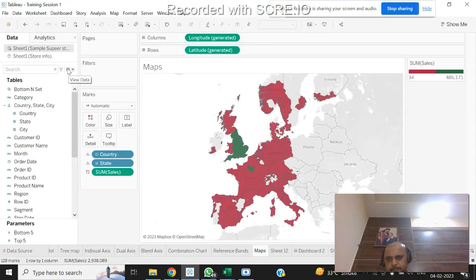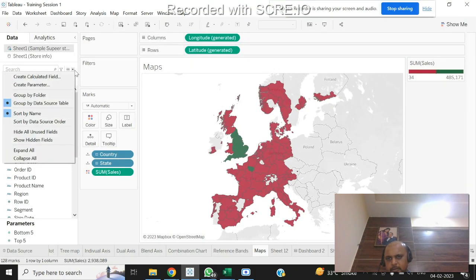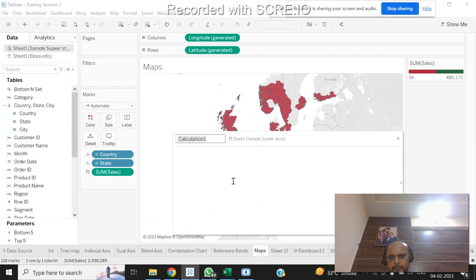I'll create a calculated field and name it. It's the same thing that we did in Excel: we wrote a formula, and in Tableau you have to write a formula this way. Now you write the if condition, if my sum of sales